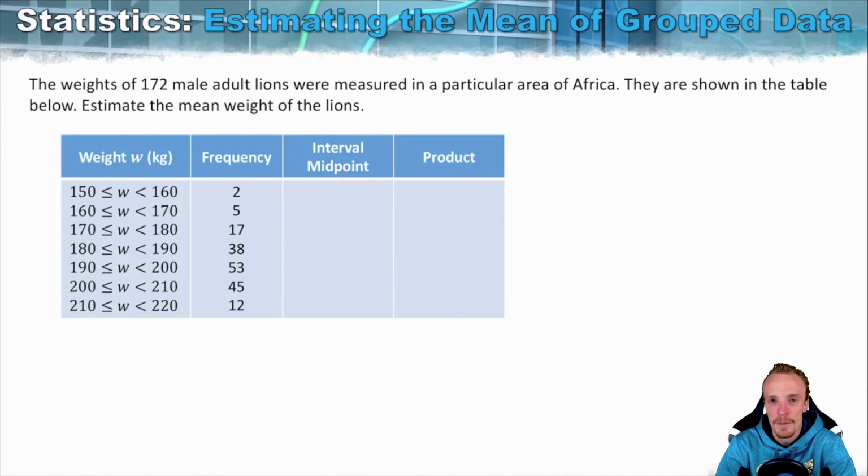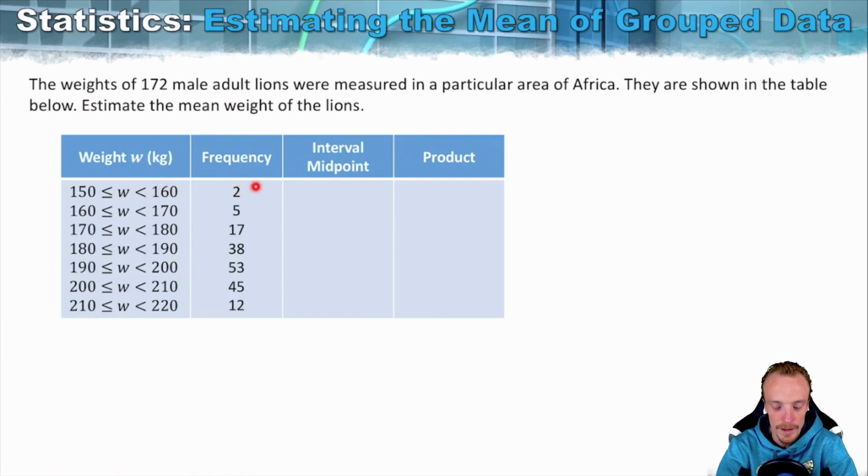So let's look at how we actually calculate the mean of a data set when we don't have the individual data points. Instead, we've just been given the group data. What I mean by that is the example I've got in front of me: we've recorded 172 male adult lions. However, rather than knowing the individual weight of each lion, the data has been grouped together. So between 150 and 160, so equal to or greater than 150, but less than 160, we have